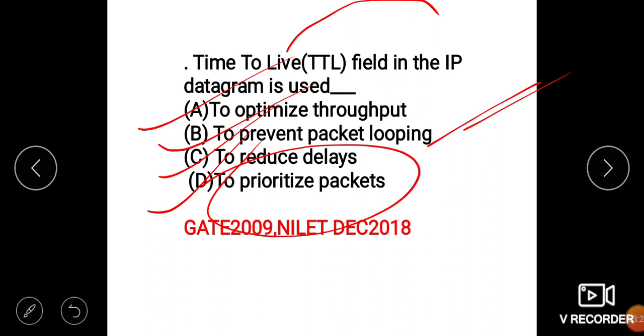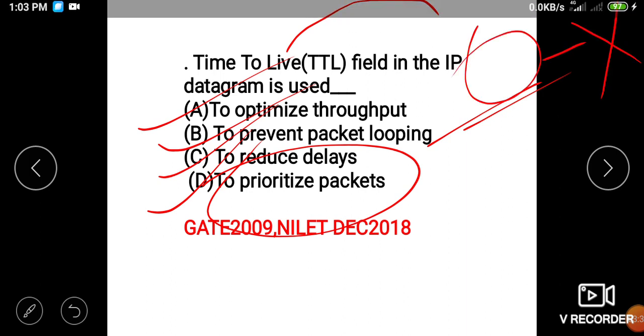The time here is measured in seconds, and if the TTL value is 0, the datagram is erased.